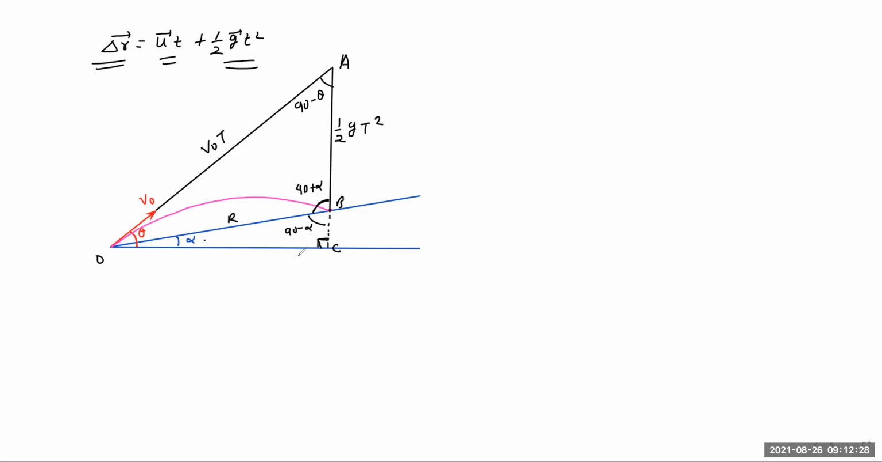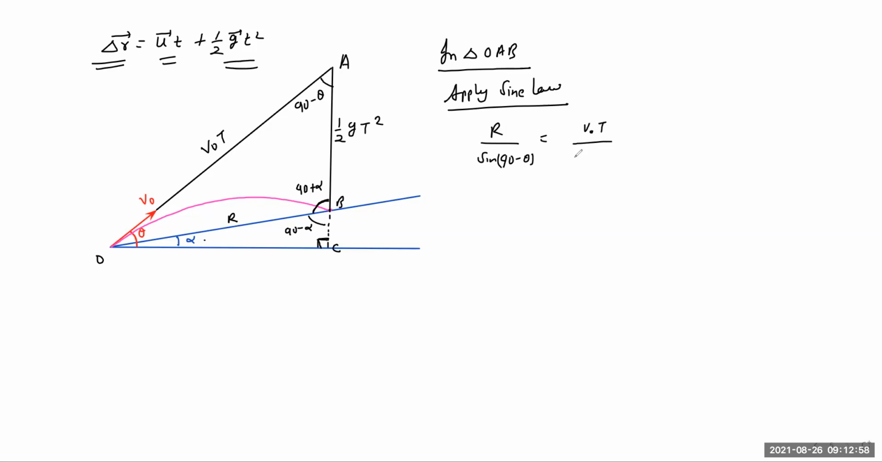Okay. Anyway, now it is clear. The angle part is clear. So in triangle OAB, we can apply the sine law. Apply sine law, and we can write directly R by sine (90 minus theta) is V naught T upon sine (90 plus alpha) equals half GT square upon,